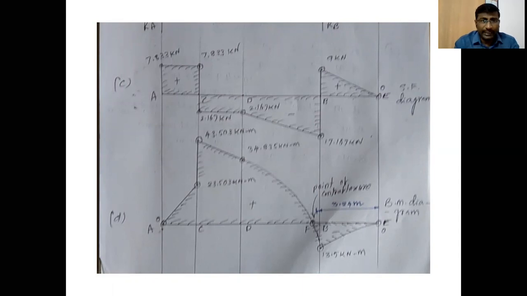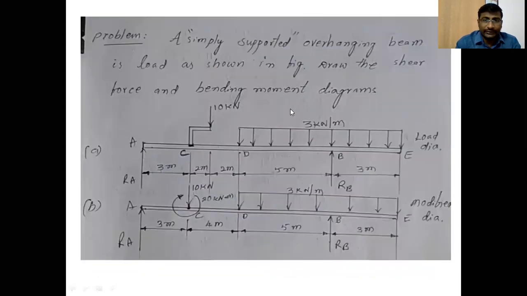Okay, like this, you have to locate the points first. After locating the points on the baseline, on either side of the baseline, join those points by an inclined line, parabolic curve, cubic parabolic curve or horizontal line, whatever it is, based on the load condition. So here from D to E, totally UDL is acting.